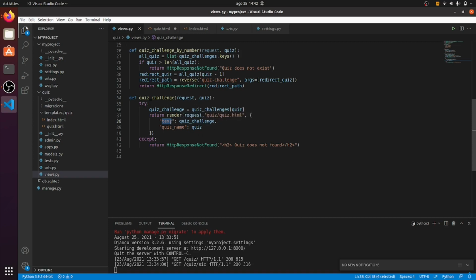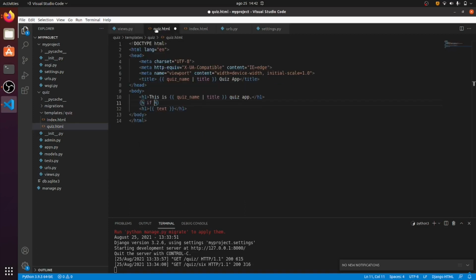By this text we can make the check in our template whether the message exists or not. Like if text is not none, then pass this text, with a little indentation. If not, then else.